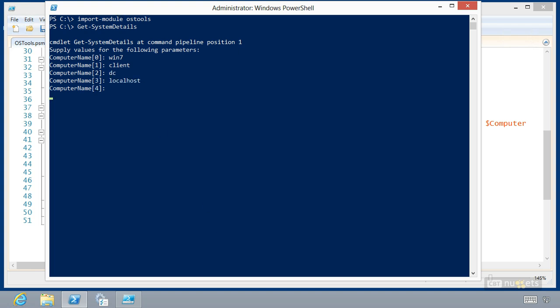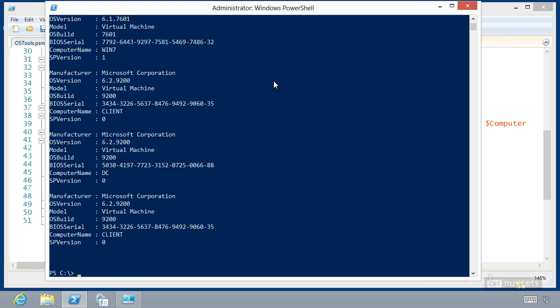All right, that's going to take a while to run all of those. Let's give it that time. All right, looks like it all came back. You'll see here's my Win7, here's client. At the end, remember I accessed client with localhost, but because I used underbar server, it's filling in the complete NetBIOS name. Now, we're not quite done because I think one of the things we were supposed to do, get